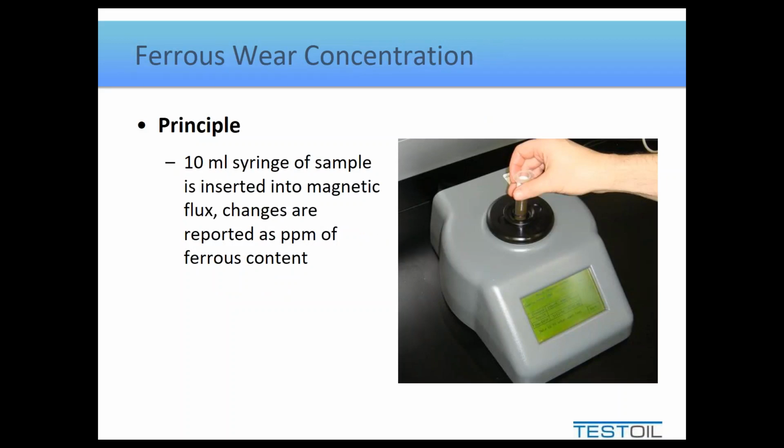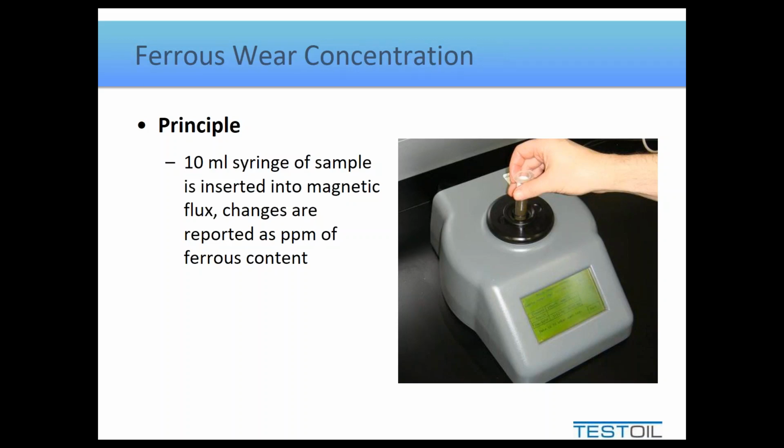The basic principle of this test, when we do ferrous wear concentration, should not be confused with PQ index or particle quantifying index. It is a little bit different than that. With ferrous wear or PQ, essentially you need two magnetic coils. One is a reference, one is a measuring coil. The idea behind both tests is you bring the sample into play with the one coil and it measures the difference in how its magnetic flux has been altered compared to the reference coil